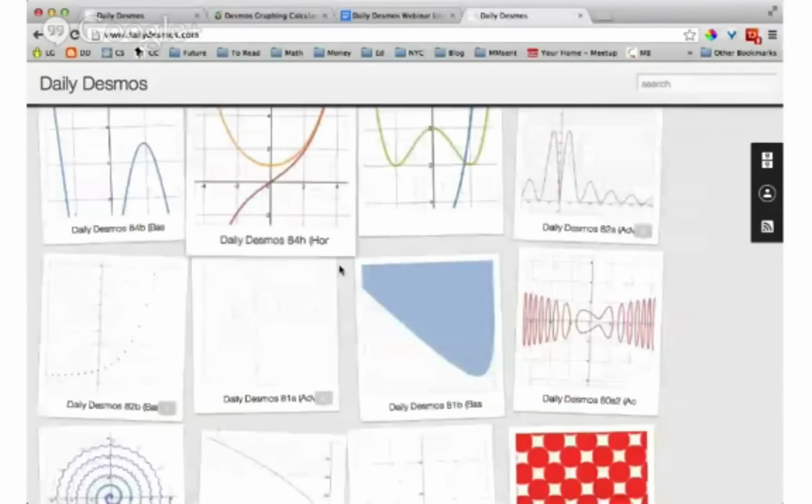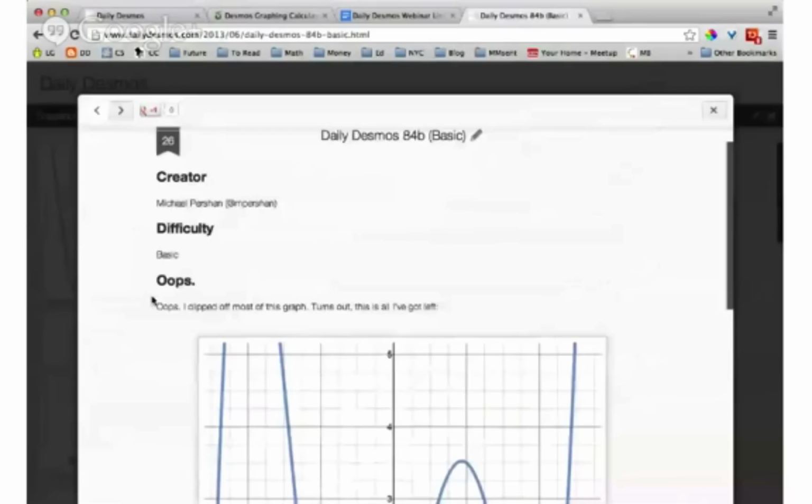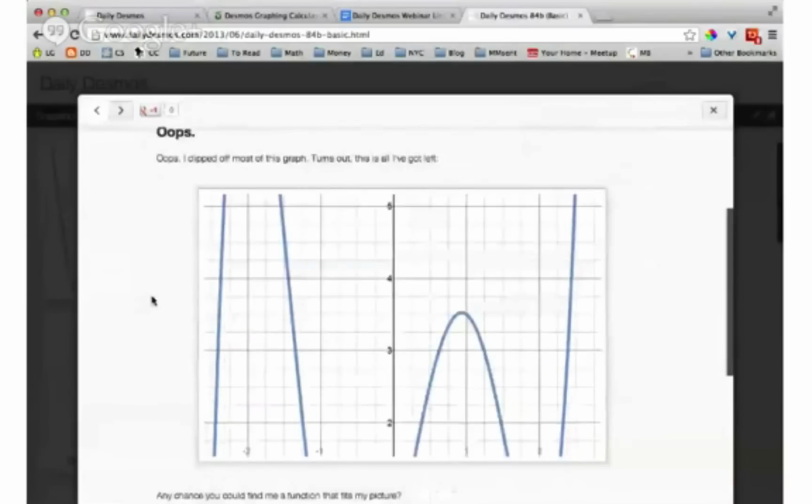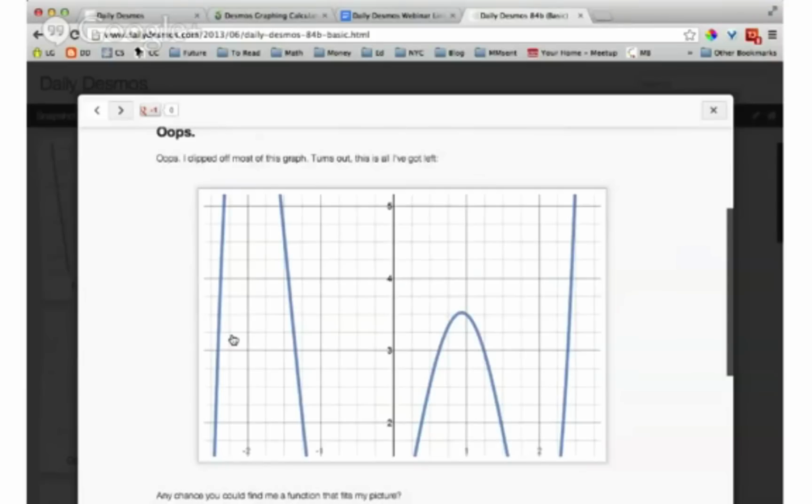So this is today. So here's a graph that Michael Persson made today, where, oh, in this one we can only see parts of the graph, and we're supposed to try to get the rest of it. So we don't have information about the zeros, but hopefully just looking at where these maxes and mins are, that maybe that'll give us a way of figuring out how to make the equation for this graph. And if we scroll through here,